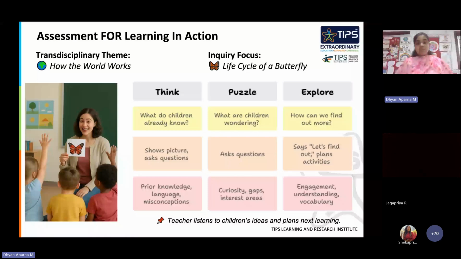So once this understanding started forming, we wanted to see how the learners could bring all the learning together, and this is where we slowly moved into the assessment of learning part. When children listened to The Very Hungry Caterpillar story, they explored all the life cycle stages of the butterfly, and we planned a hands-on activity where learners created the life cycle of a butterfly, and we have captured it through a short video. I'll play it for you.